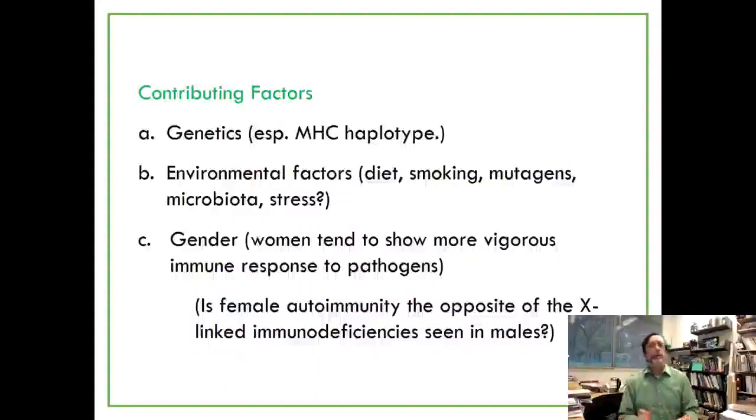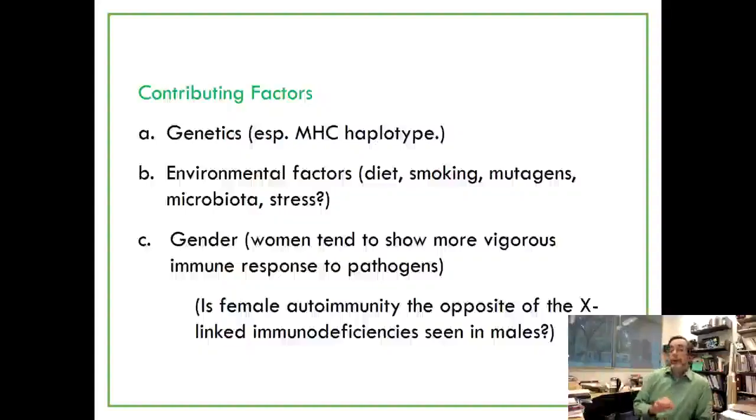So what gives you an autoimmune disease? A lot of times it can be genetics. For example, MHC will involve autoimmunity. If you have a particular MHC haplotype, you'll be presenting certain antigens and making certain kinds of T cells. If you have an MHC that presents a peptide that looks just like a self-peptide, then you will have self-reactive T cells, things like that.